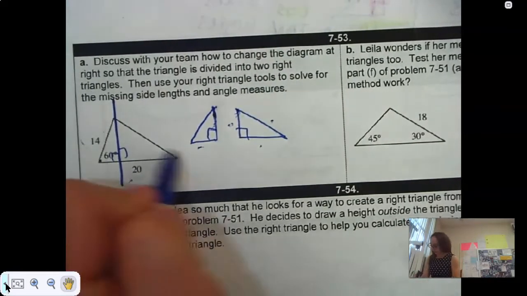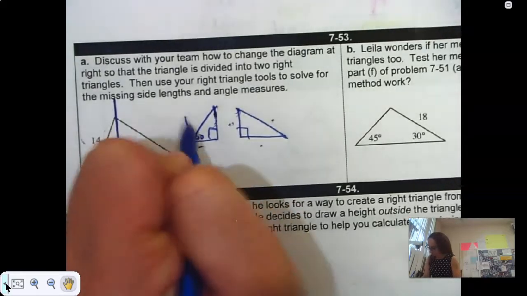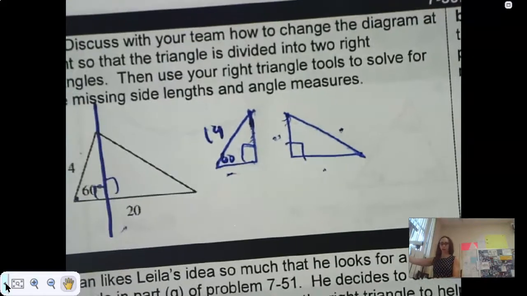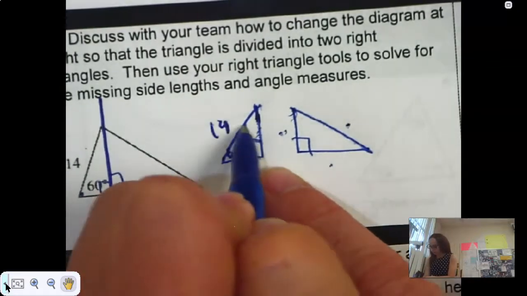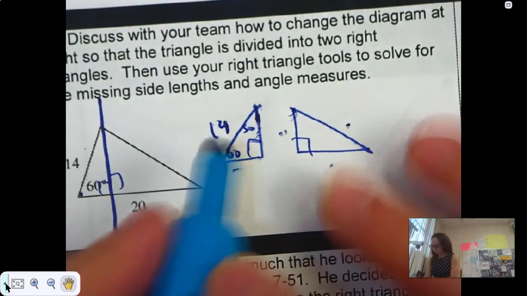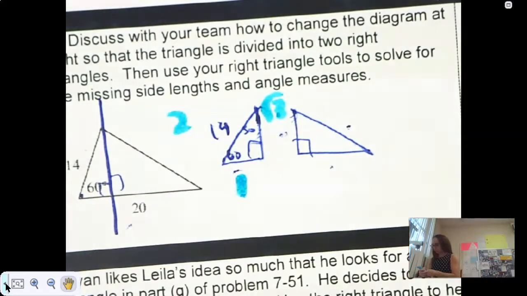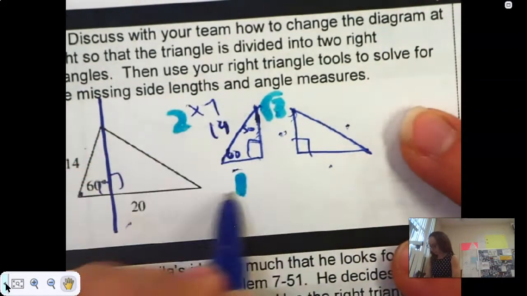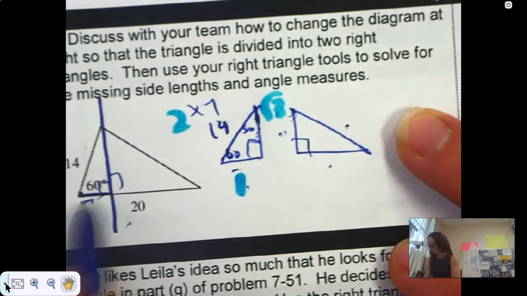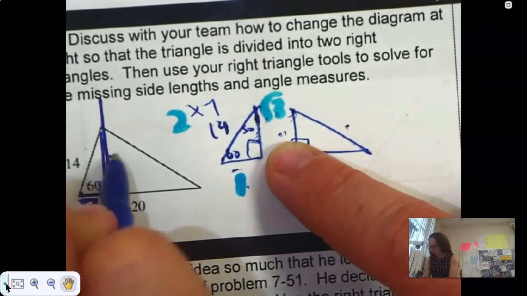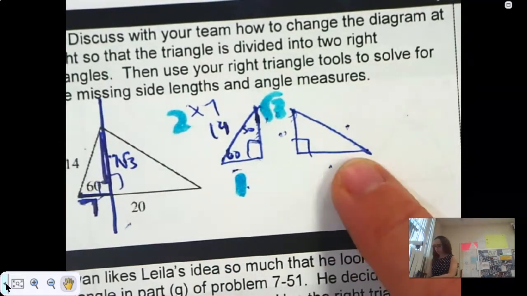So like, I could take this, and this would be 60, this is 14, I'll just do one, and then I'm okay not doing it, okay? And then that's 30, so what's across from the 30? 1, 2, rad 3, so that means this is times 7, so that means this length right here is 7, and then this is times 7, so this side is 7 rad 3, and then you could come